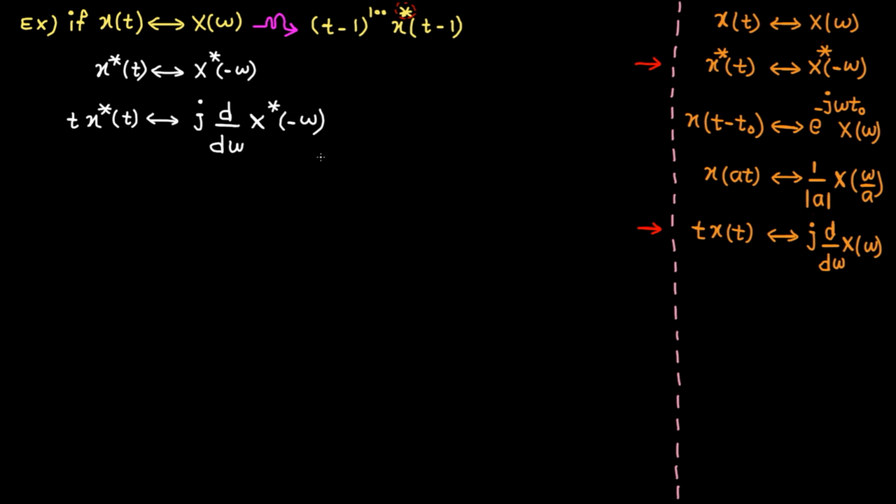In this example, the power for t is 100. So we basically need to multiply the signal by t 100 times and use the property over and over. But we are smarter than that and we can do it super fast. The Fourier transform of xt is x omega. If you multiply xt by t for the first time, you get this j derivative in the frequency domain. Now if you multiply it by another t, you basically need to apply j derivative to the Fourier transform in